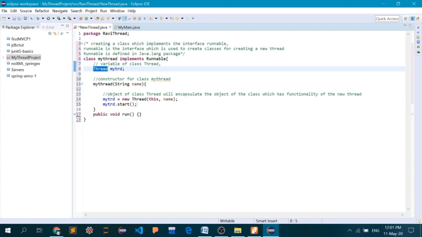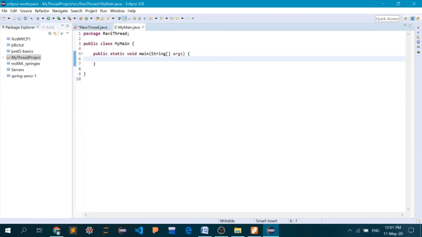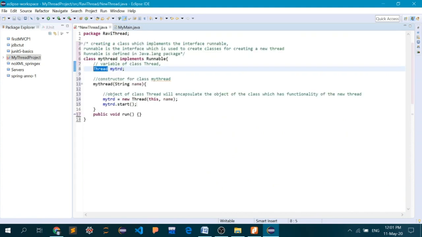So the moment you create an object of class myThread, at the same time your new thread will start executing, so you don't have to do extra stuff. I have automated the starting of my new thread by calling the method start inside the constructor itself.